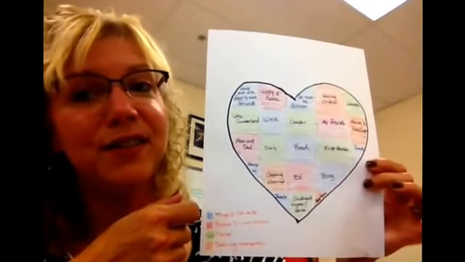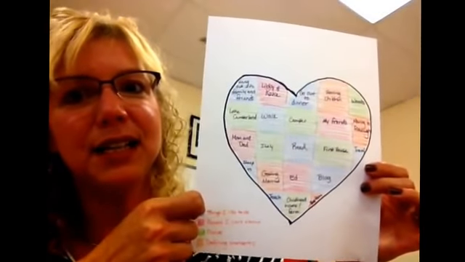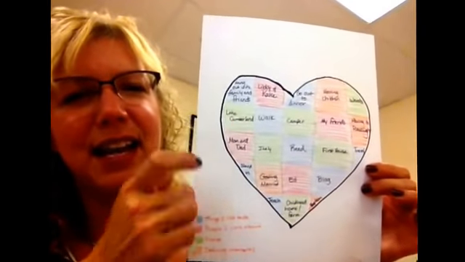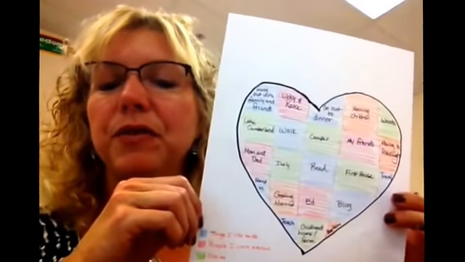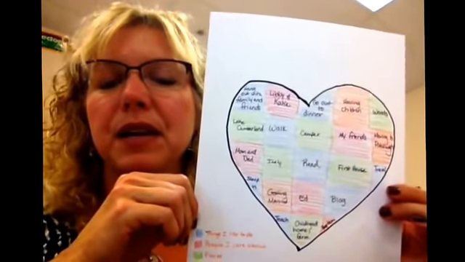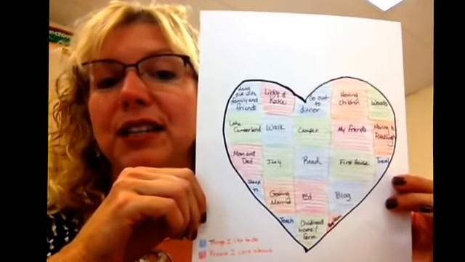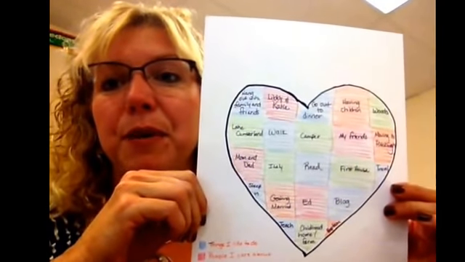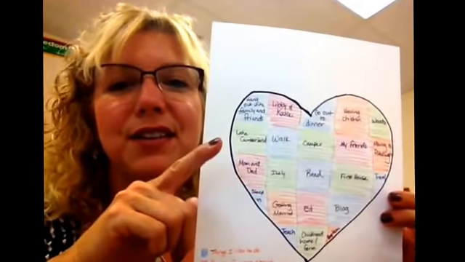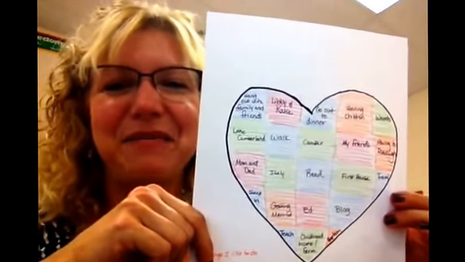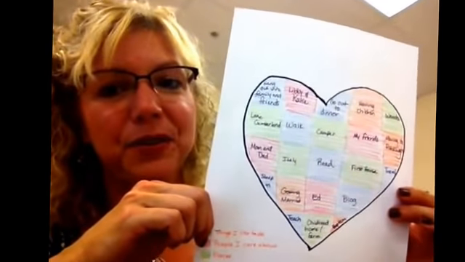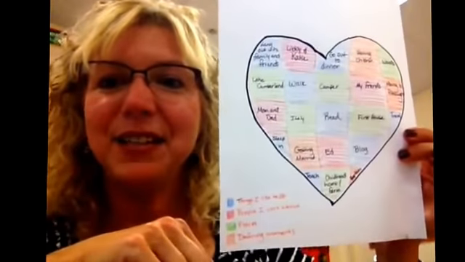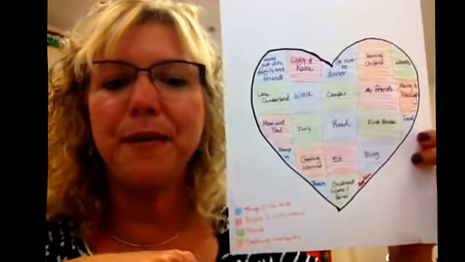And be as creative as you can and list as many details as you can think of. And like I said, right after this, I'm going to try to put some links on Google Classroom of some other examples of heart maps, so that you can look at different ways of how people created them. If you don't see those there, then I'll have them for you in class tomorrow. So be thinking of this and be ready to create your own heart map tomorrow.